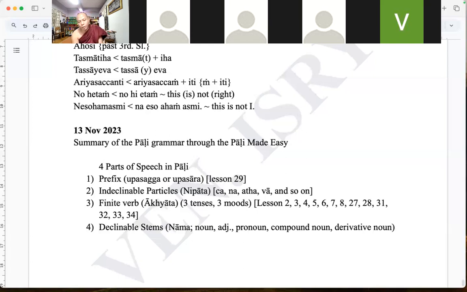Maybe the derivative noun also has primary derivative and secondary derivative. So in this way. And then those nouns also,